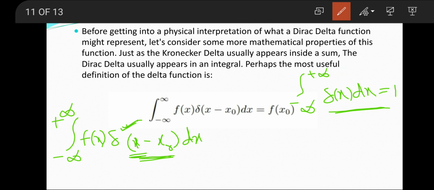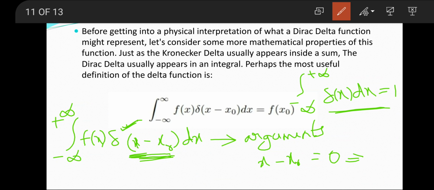Here the argument is x minus x naught. So this should be equal to 0. Only then does the delta function become nonzero. Therefore x minus x naught equals 0, which means x equals x naught. The value of x is x naught. Therefore, finally, this integral will be equal to